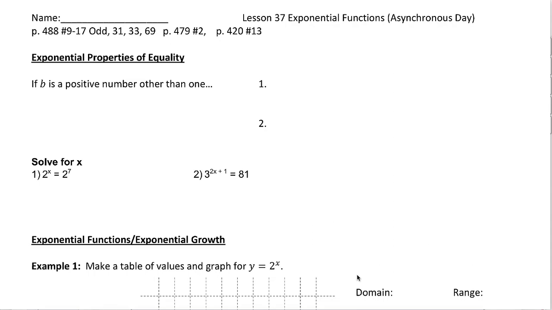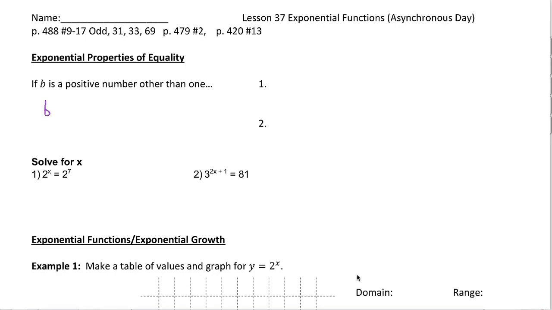This is part 1 of lesson 37 on exponential functions. We're going to start by talking about something called the exponential property of equality. It's a pretty simple rule. If b is a positive number other than 1, so anything other than 1 as long as it's positive, then